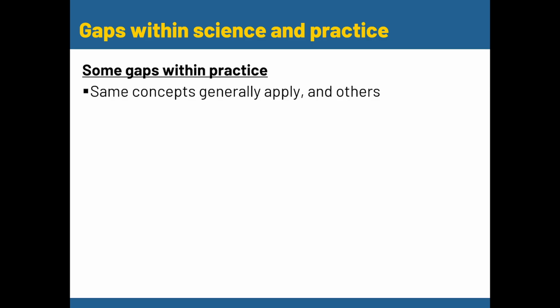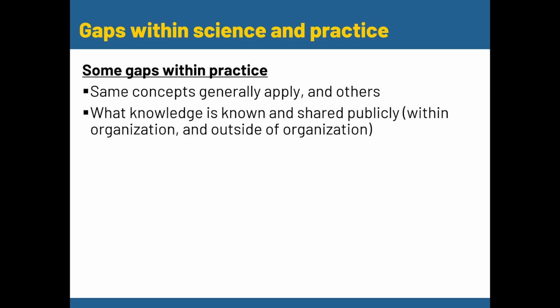And then within practice, same concepts generally apply. People could argue back and forth all sorts of ways about this, but like what knowledge is known and shared publicly. So within organizations and outside of organizations, some institutions, some people in industry publish what's called white papers, which is basically like a research article published in industry. So they look different, but it's the same concept as trying to share knowledge about what's been done and what they found. But not everything is shared. Information can be proprietary, and so that's why we could have tons of arguments and debates about if, what, and how should be shared